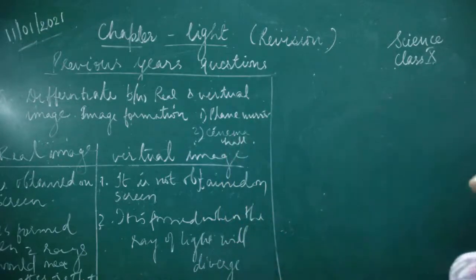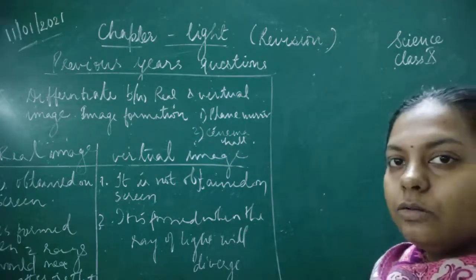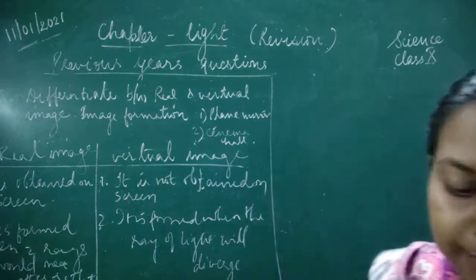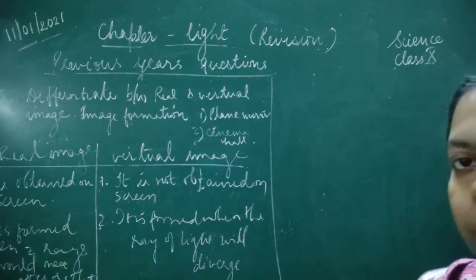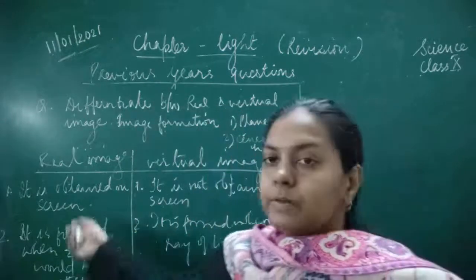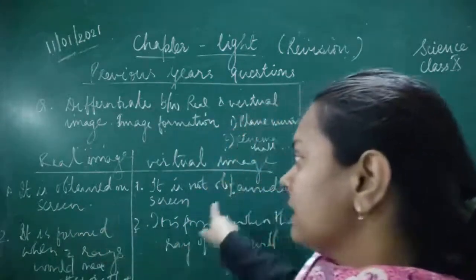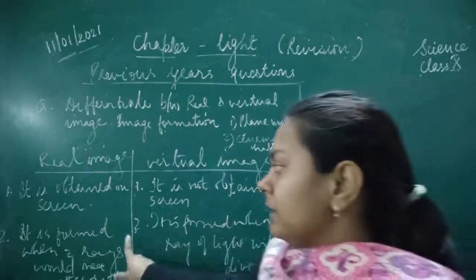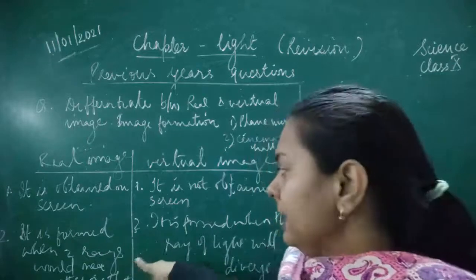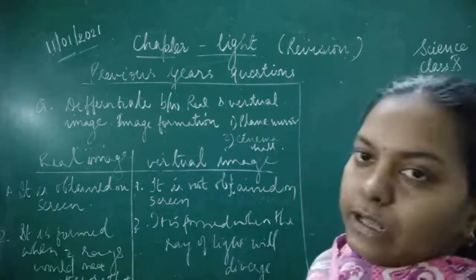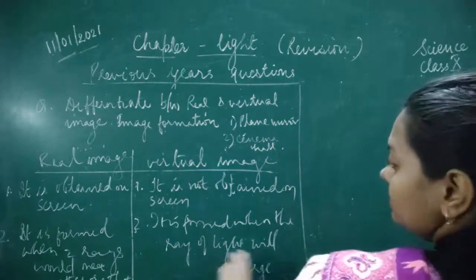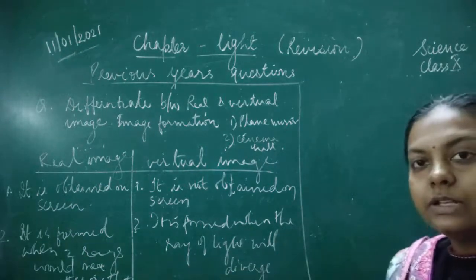Okay, so from the diverging rays of light, we will get whichever image formation is present. Okay, and here you will simply write down that the image is obtained on the screen. Here it is not obtained on screen, and here the image is formed when the two rays are actually meeting, and it is formed when the light rays are diverging. Okay, here the image is formed due to converging rays, and here the diverging rays.